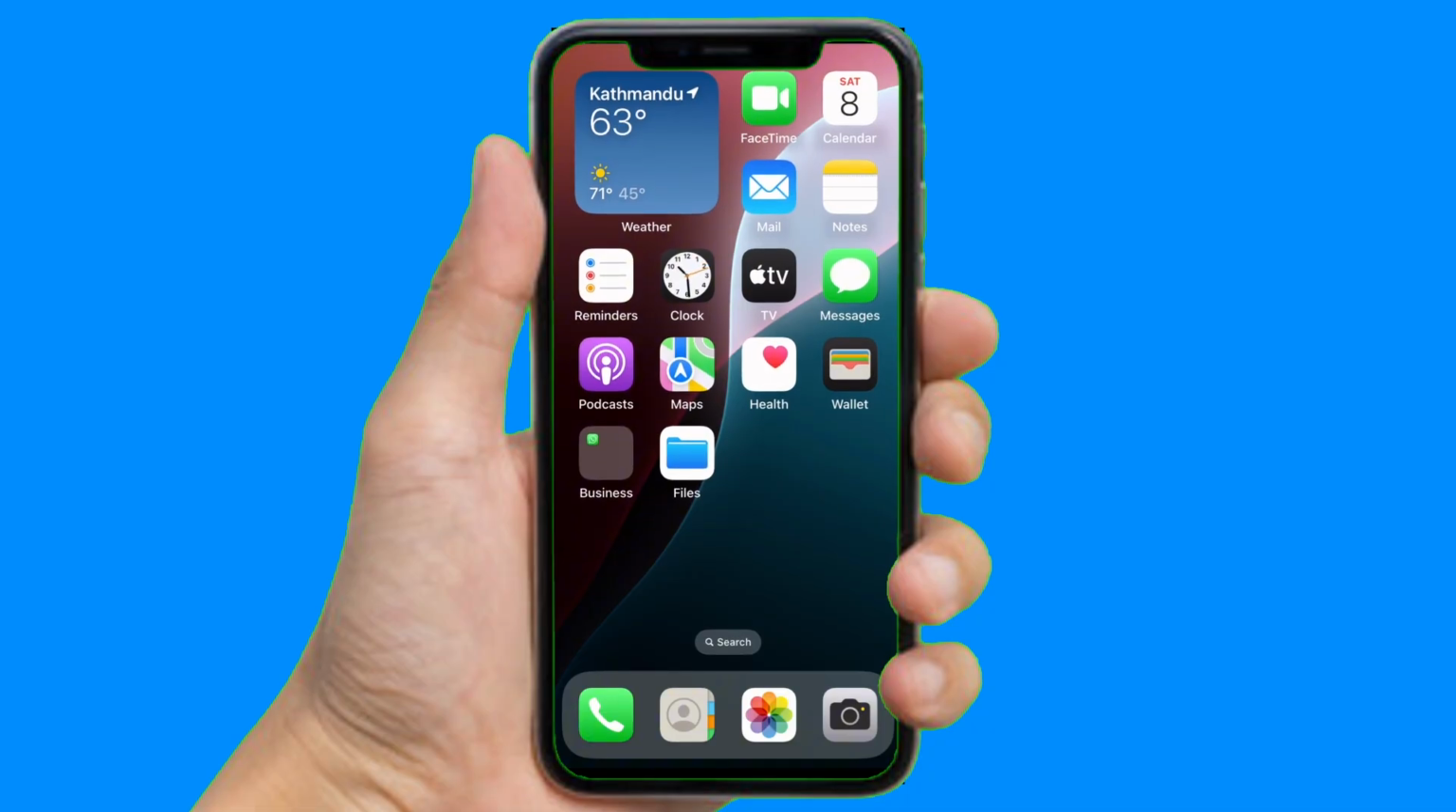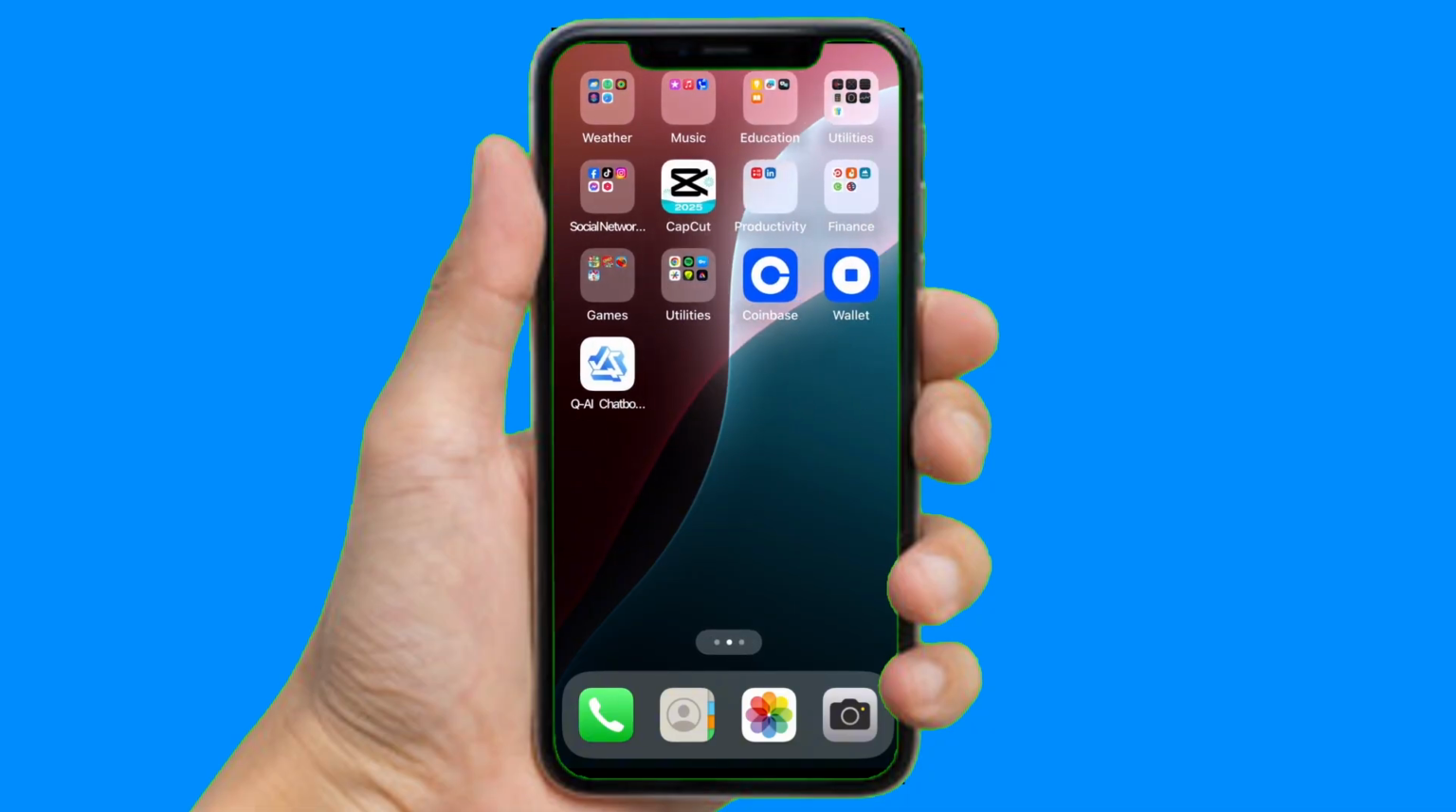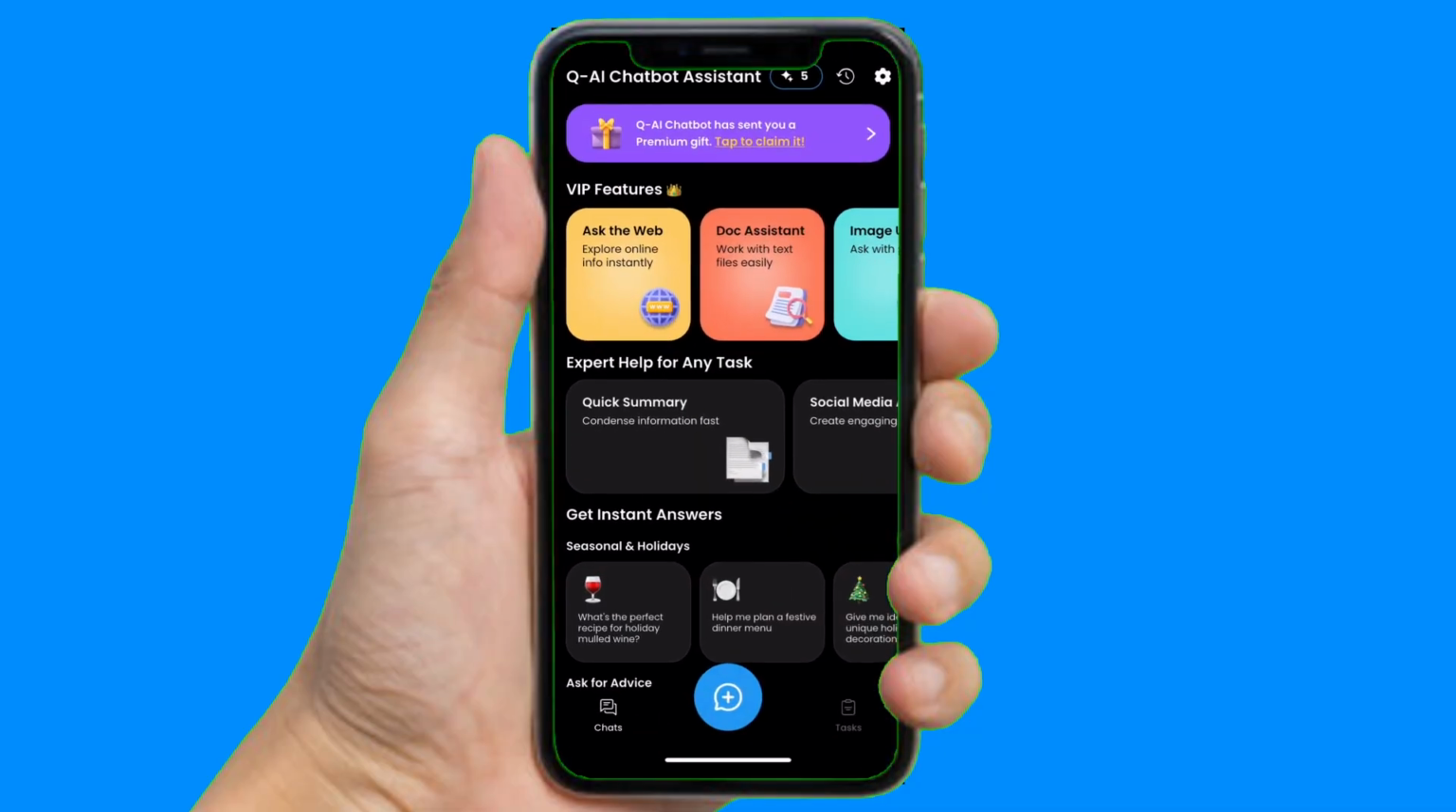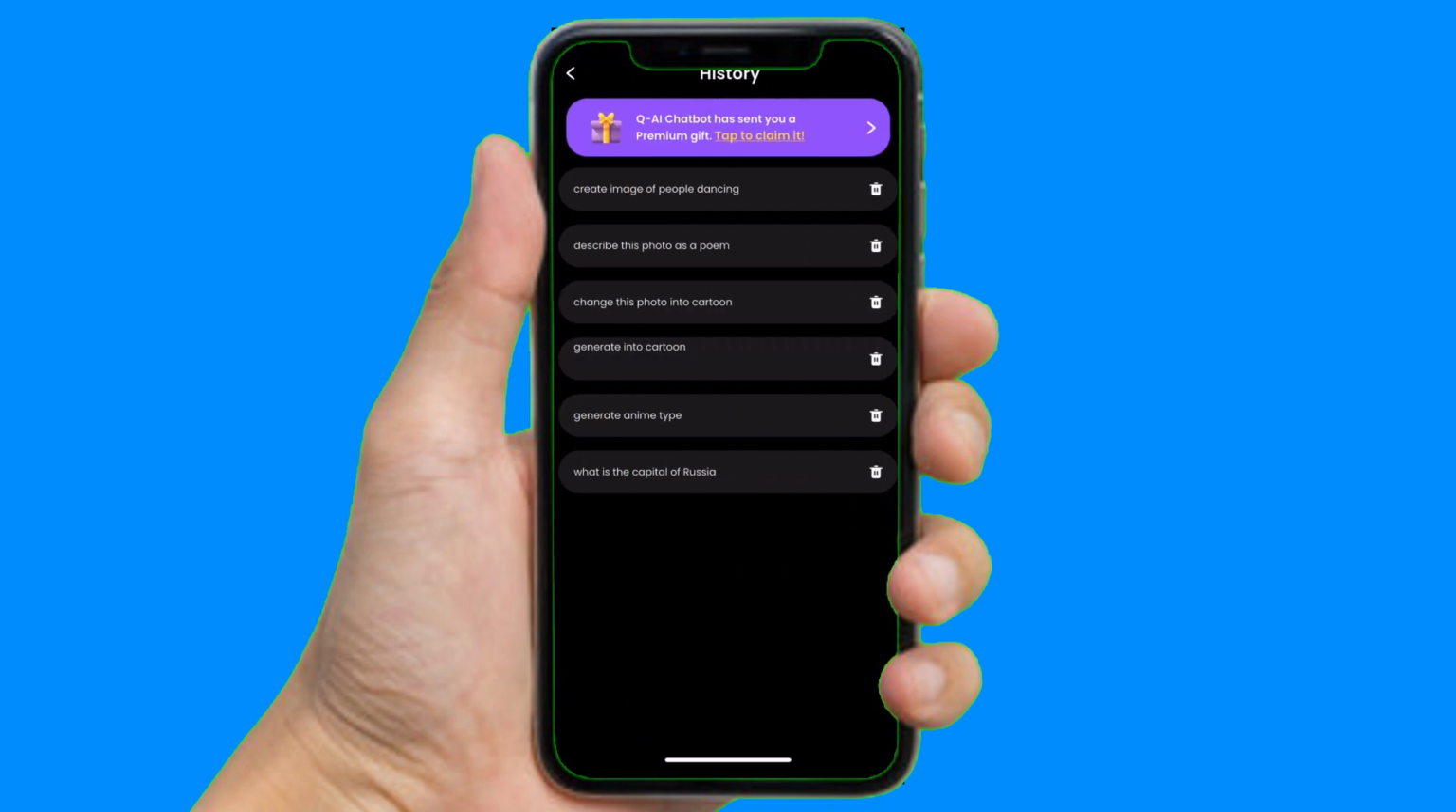First of all, find the Qwen app on your home screen. Now open it. After opening the app, you will see something like this on your home page. Now tap onto the time-like button at the top right corner, just right here. Now tap on it. Now here you can find all of the chats that you have started in the Qwen